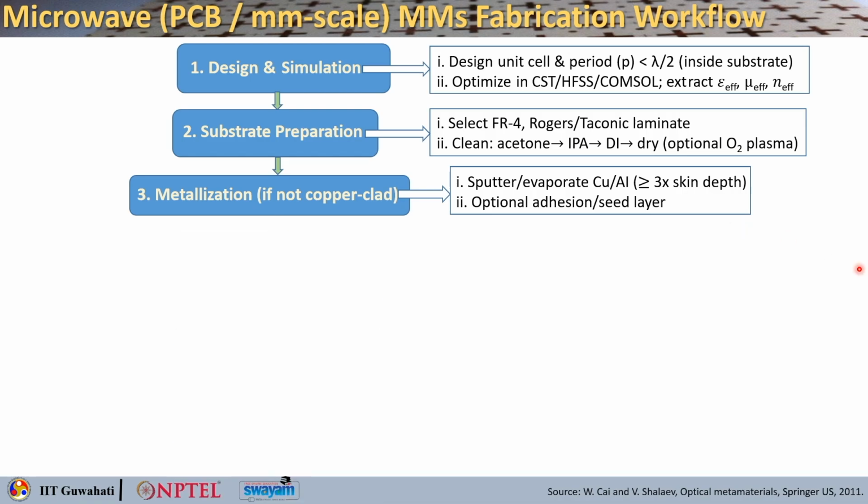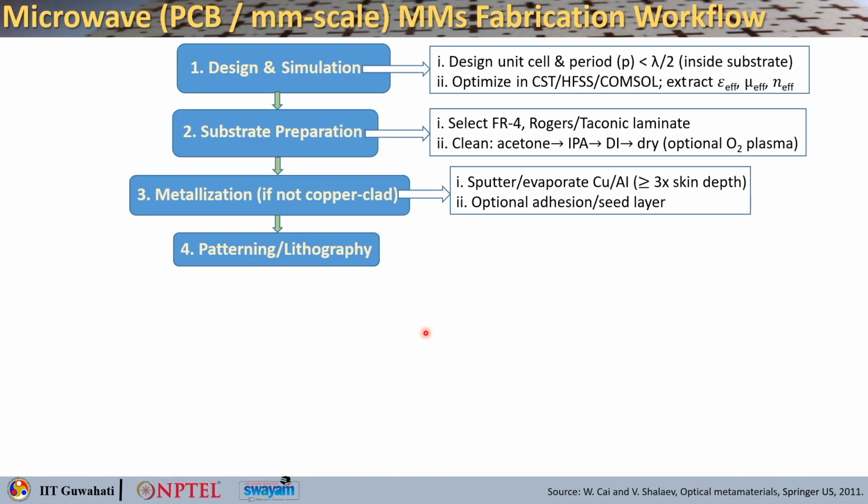Now, when I say copper clad, copper clad basically means that the substrate already comes with a copper foil laminated on it, either on one side or on both sides. You can take example of standard PCB laminates like Rogers 5880 or FR4. Now, if your board is copper clad, you do not need to do the metal deposition, and if your substrate or the board is not copper clad, meaning it is a bare say quartz or silicon or Rogers film or PET, etc., then you need to first create the metallic layer,